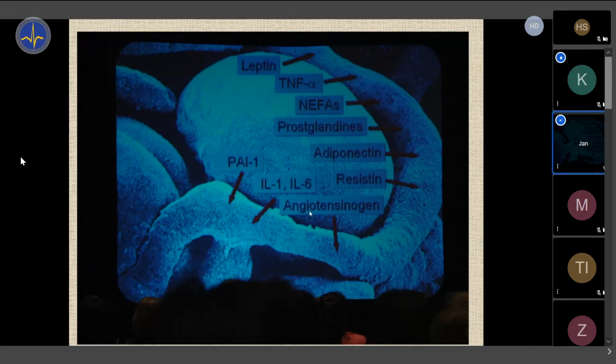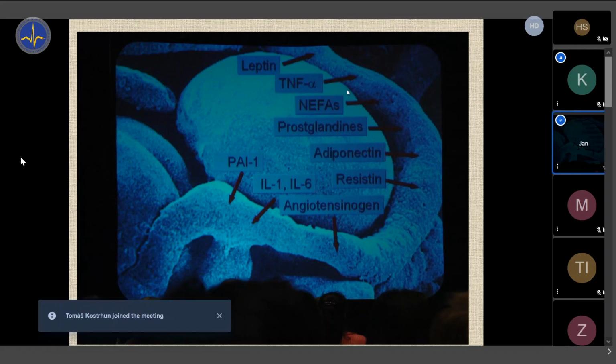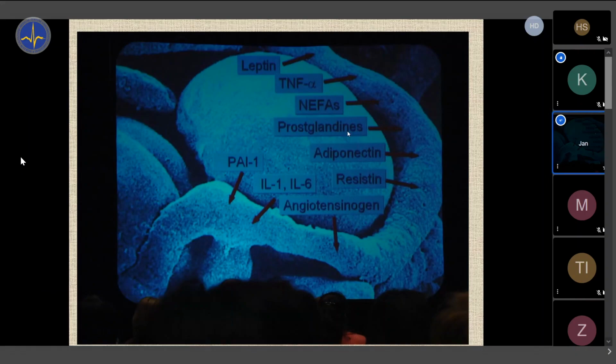And this is continuing on the explanation. We will not really go deeply into all of these molecules. It's not really necessary for clinical practice, but we can imagine an adipocyte, which is right here in the center, and the tube around it is a capillary. So there is a very tiny connection between adipocytes and capillaries, and adipocytes produce a lot of hormones and other substances which are not classified as hormones but are secreted to blood and do have impact in target tissues.